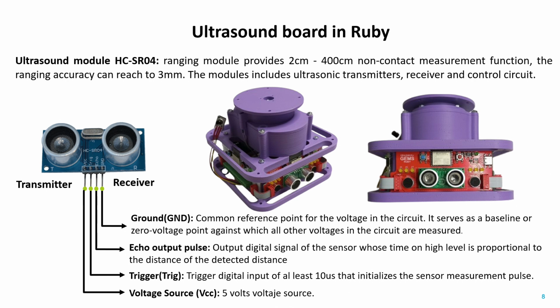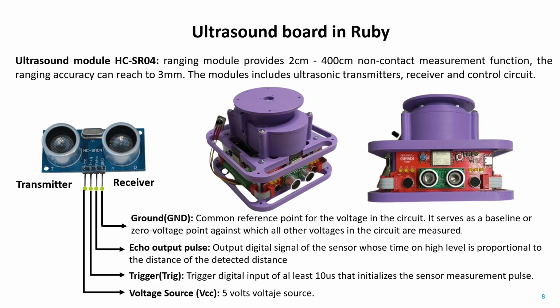Now let's review the basic setup of the ultrasound module. The HC-SR04 comprises a transmitter which emits the ultrasound pulse and a receiver which detects the received echo. This sensor is composed of 4 different pins: the power pin, the ground pin, and the 2 remaining ones that are the key parameters of the sensor, which are the trigger signal, a short pulse that initiates the measurement, and the echo signal, whose high duration is proportional to the distance.